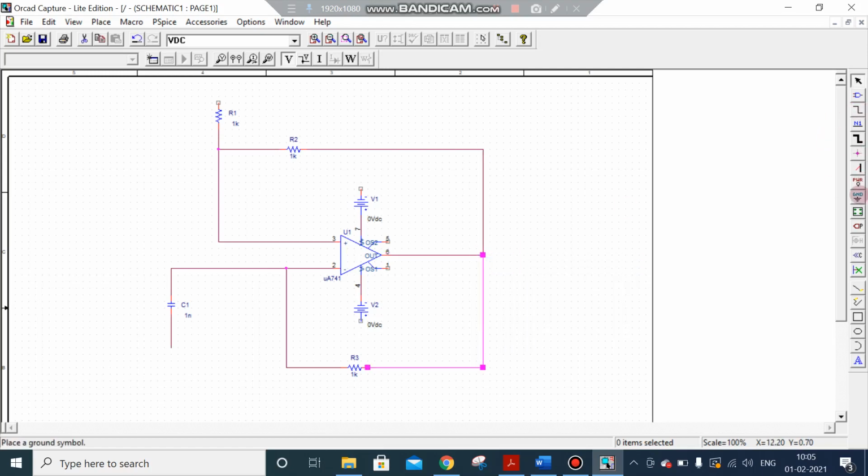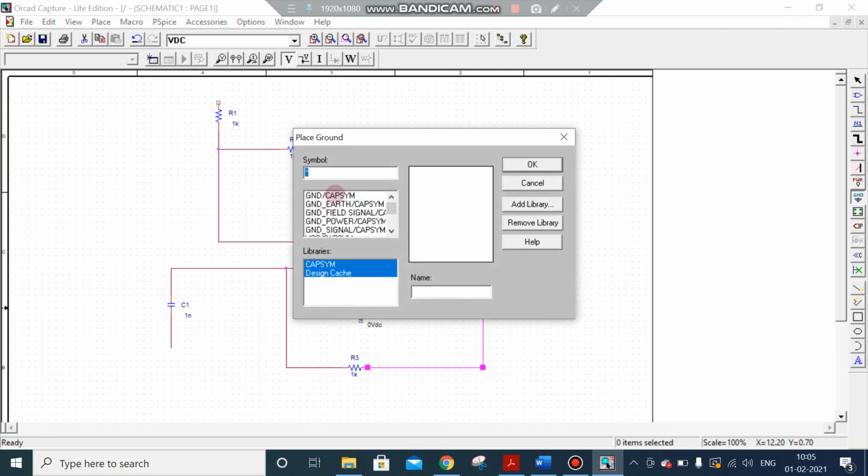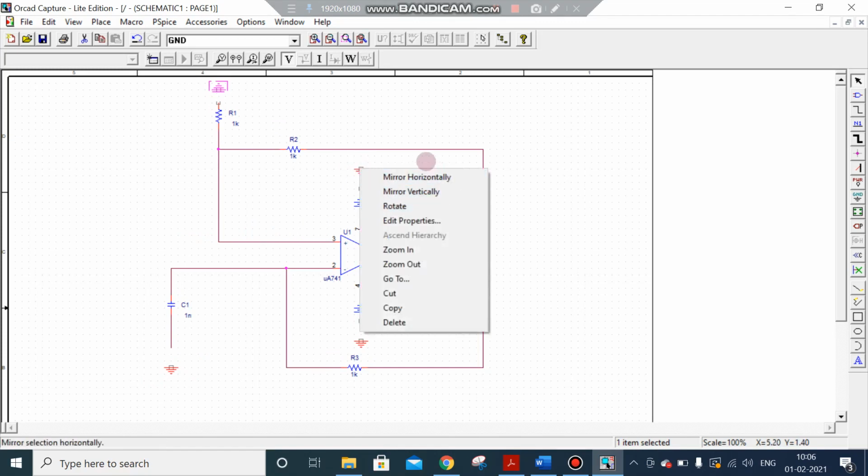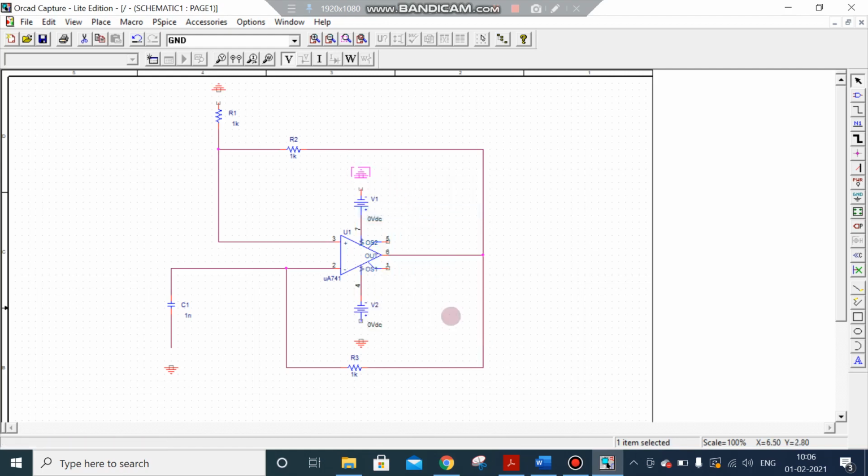Then I am giving ground. I have to choose this. Here I should make 0. Okay, here one ground, another ground is here, another ground is here, another one more is here. In the mode, this I have to rotate, so Control R or right click rotate here also. Then I am choosing wire again.